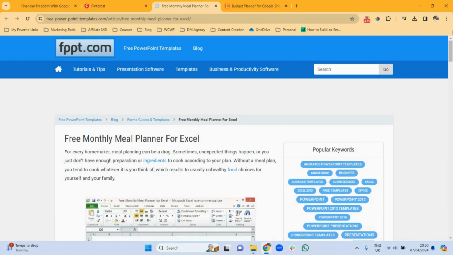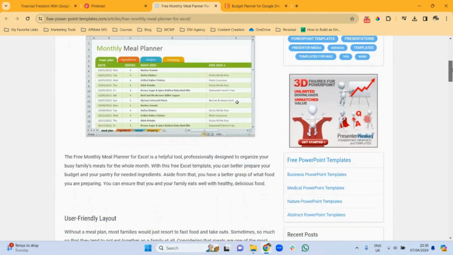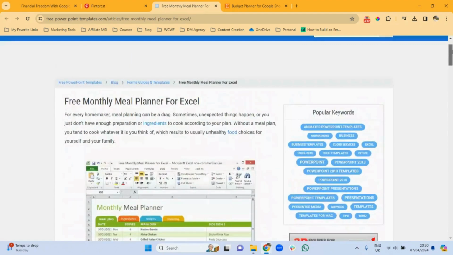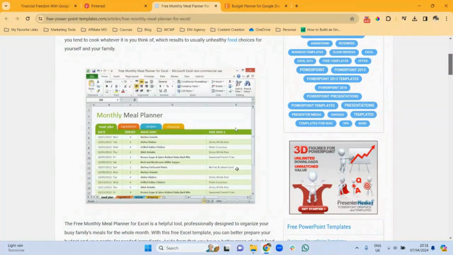Let's go to their website and see what it is about. Although it is free, this one could actually be sold as a digital product, giving instructions to the individual as to what they can do with it. So just imagine the customer mapping out their weekly meals, so you can have the dates, and how many it serves, what that dish is going to be, as well as including any side dishes or desserts or anything like that.